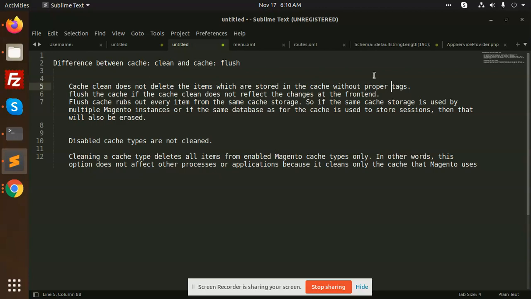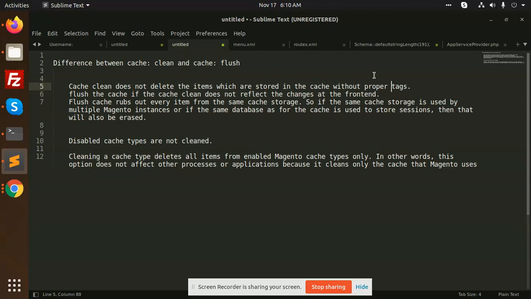Cache clean deletes all the items that are enabled for the Magento cache types only. It cleans only the cache that Magento uses, and the rest of the cache is not cleaned. In the cache flush, all the storage, everything is deleted from Magento.